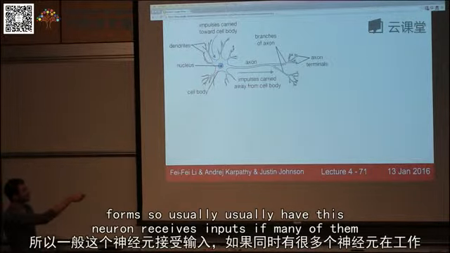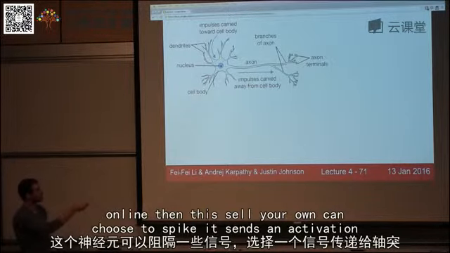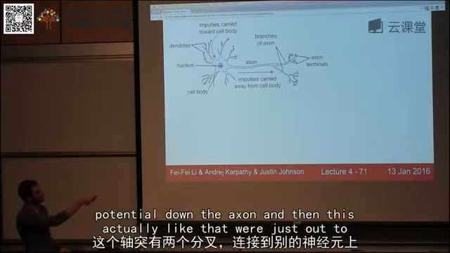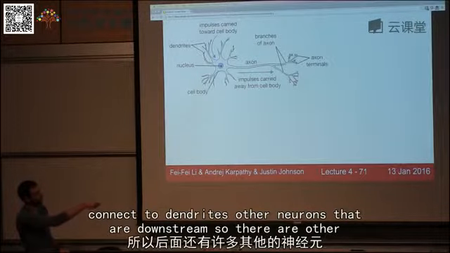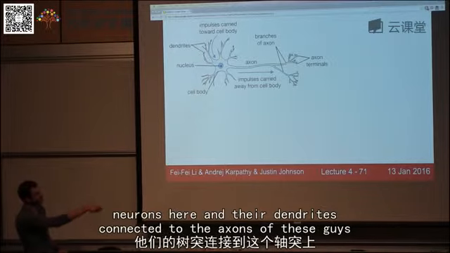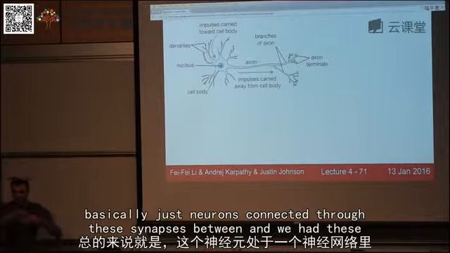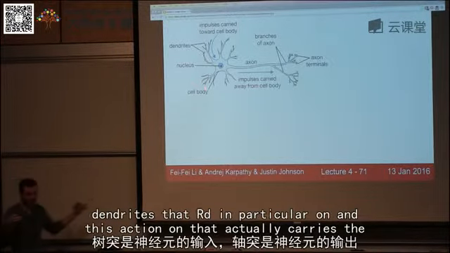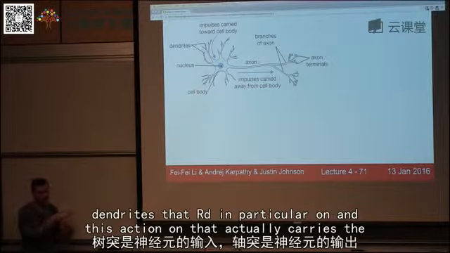So usually you have this neuron that receives inputs. If many of them align, then this cell, this neuron can choose to spike. It sends an activation potential down the axon, and then this actually diverges out to connect to dendrites of other neurons that are downstream. So there are other neurons here, and their dendrites connect to the axons of these guys. So basically just neurons connected through these synapses in between. And we have these dendrites that are the input to a neuron, and this axon that actually carries the output